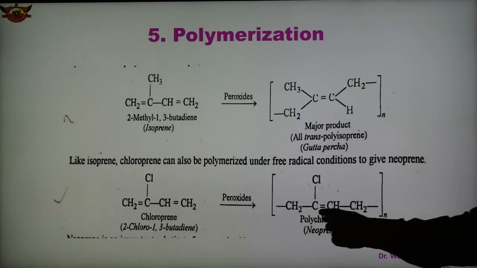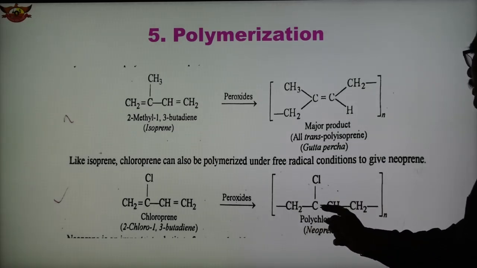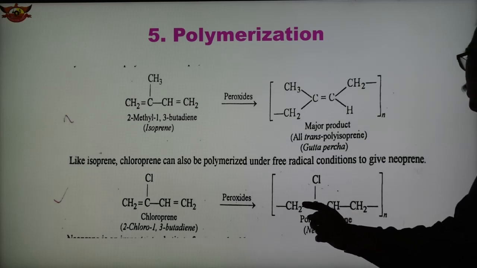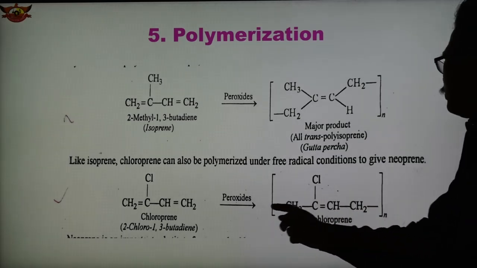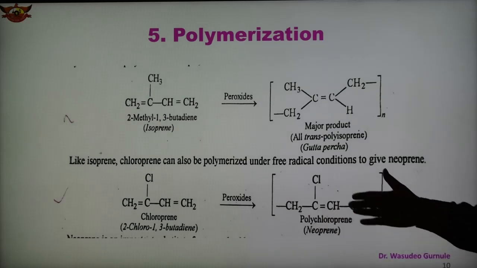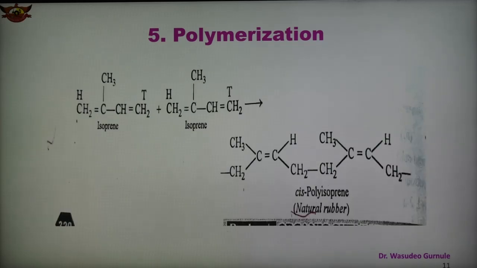The formula is the same. Here CH2, here CH2, the double bond shifts over here, and the two double bonds break, because the units keep joining on this side. This is the one repeat unit. This unit is repeated n times. So this is the compound known as polychloroprene or neoprene. So chloroprene becomes polychloroprene. In this way we obtained the polymer, a long chain compound or big molecule.